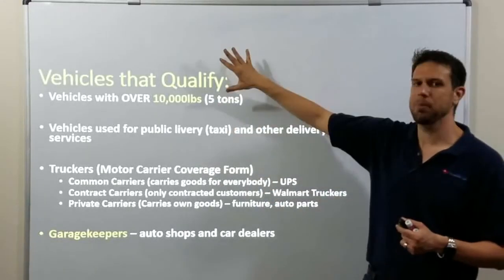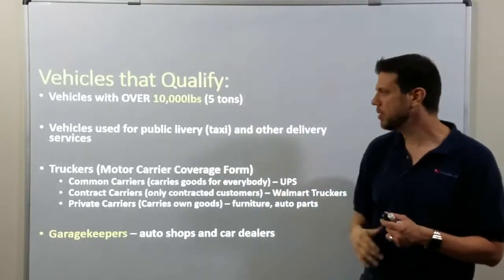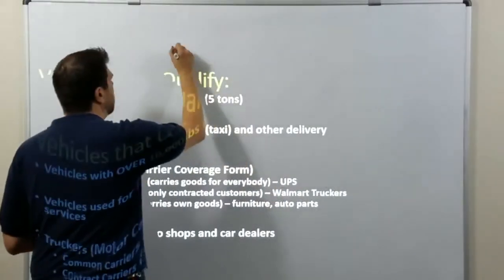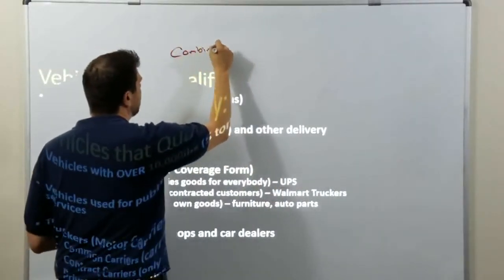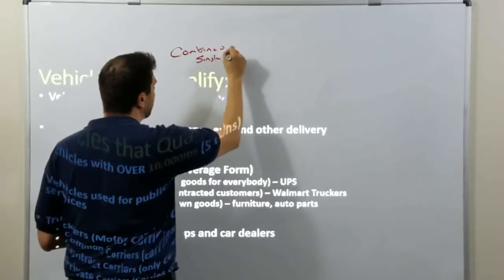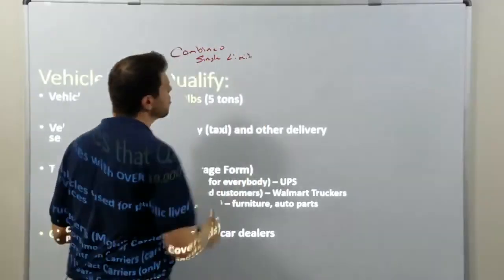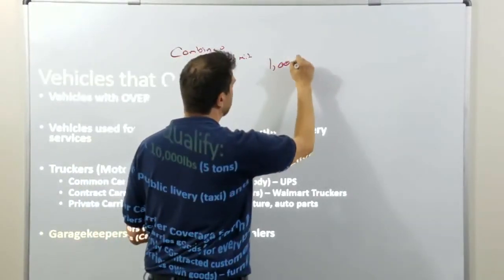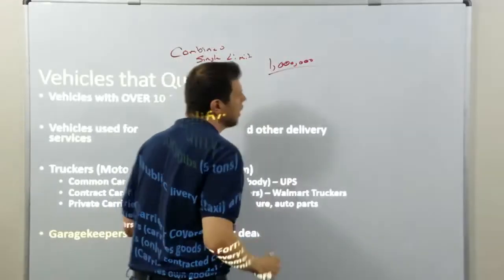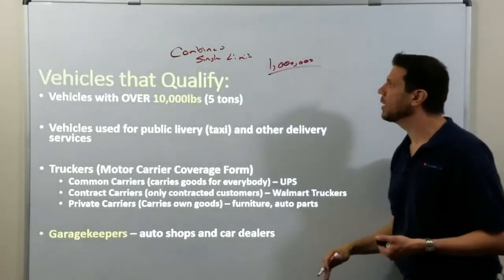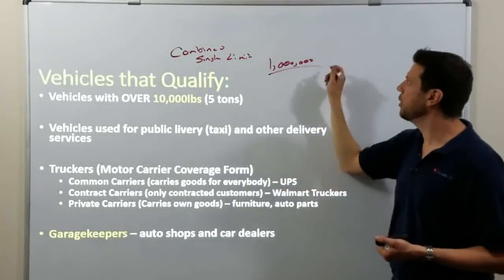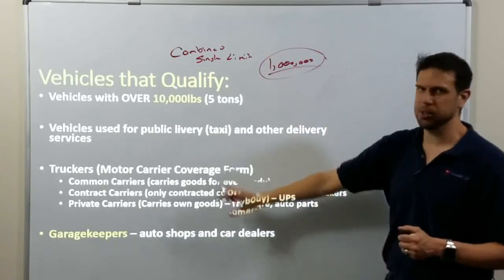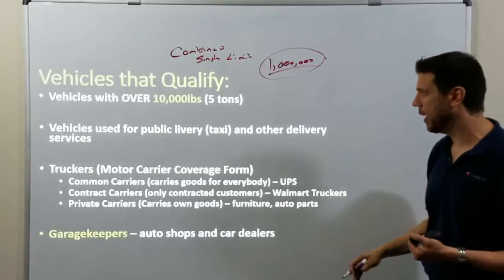Business auto is for vehicles used in a business purpose. And business auto insurance uses combined single limit. Most commercial auto policies are $1 million and above. You can get lower, but honestly, if you have a business auto, you should have at least $1 million in coverage. A lot of truckers get $5, $10, $20 million policies.